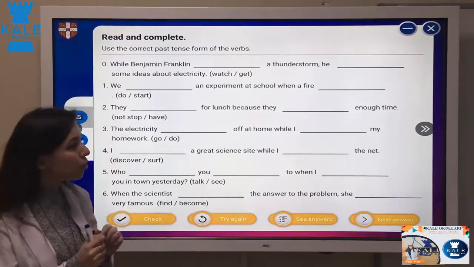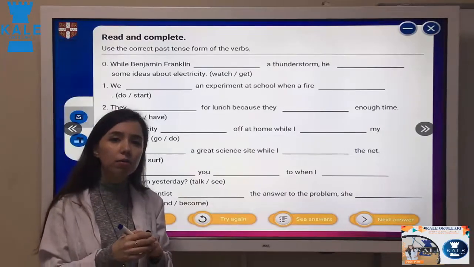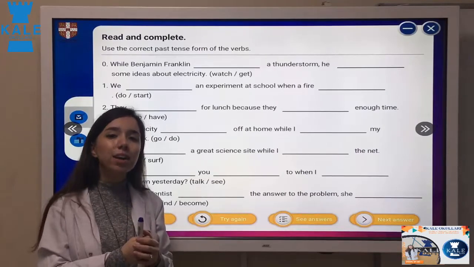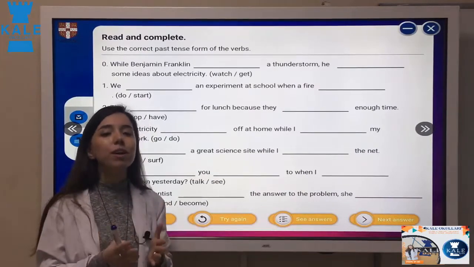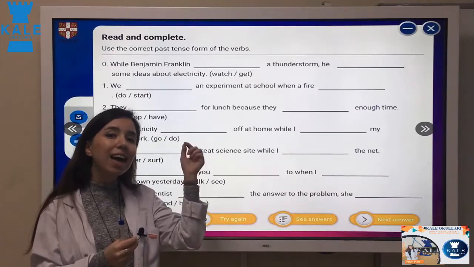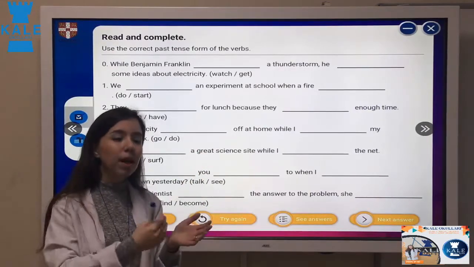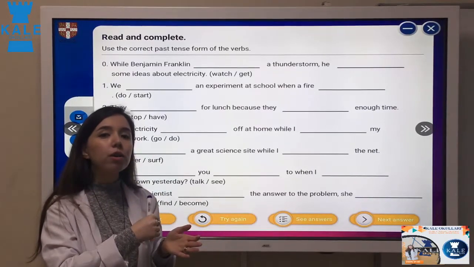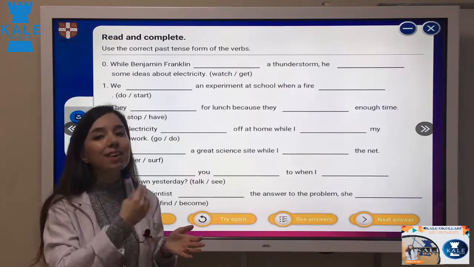And I also want to explain, we have regular and irregular verbs, you know. What are regular verbs? For example, regular verbs are the verbs that you can add ed at the end of them. Like play, yes, played. The past simple is played. Or another one, listen, listened, yes.